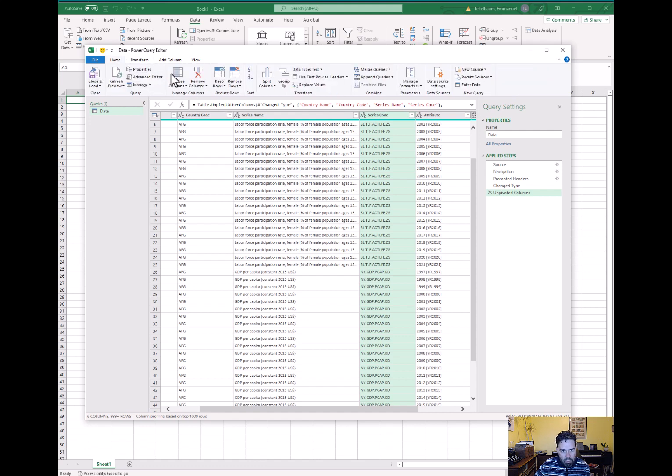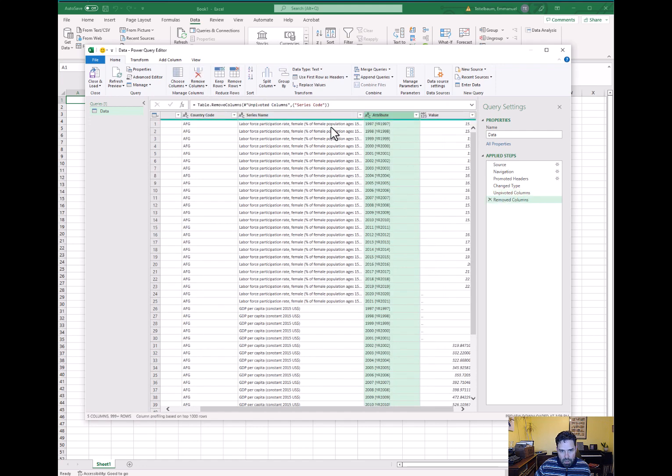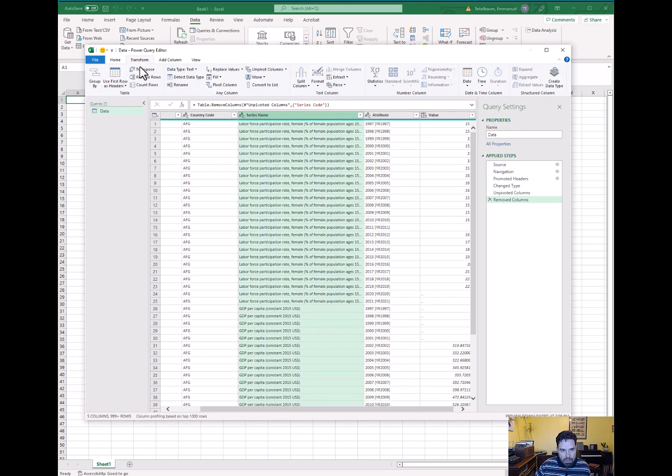So go back to the Home tab, and on the Home tab you can do Remove Columns, and then select on the series name, go back to Transform, and do a pivot column,